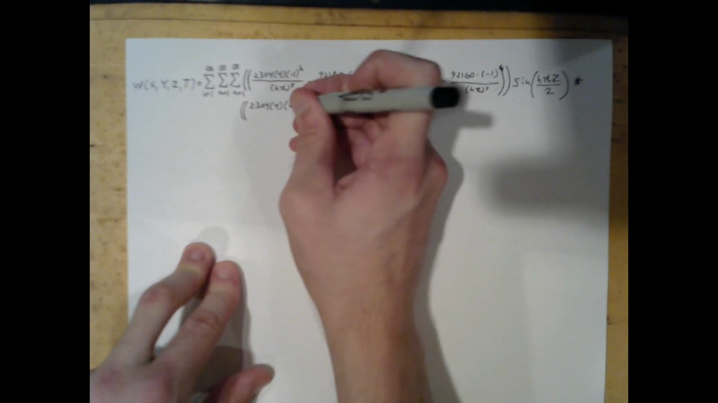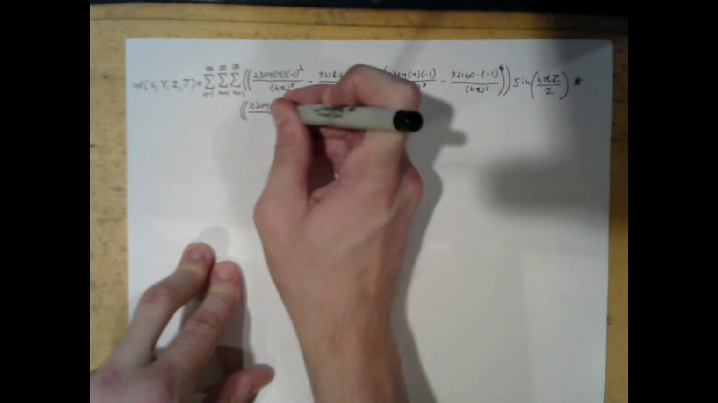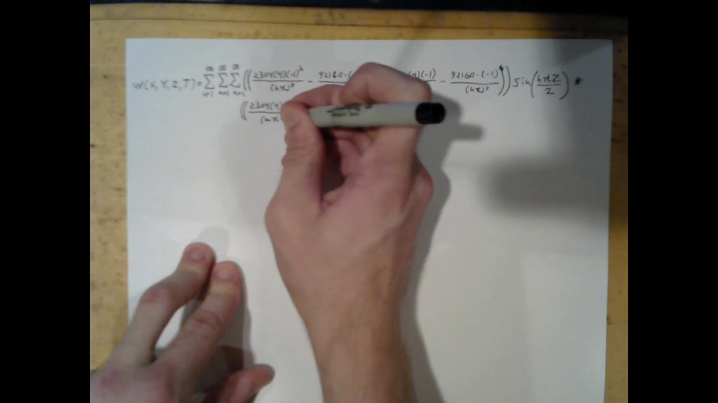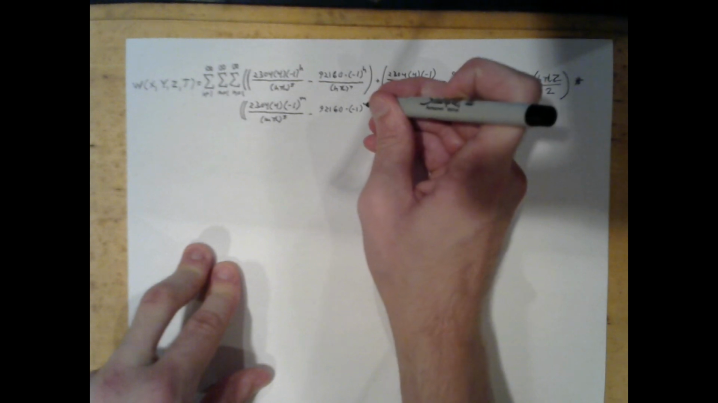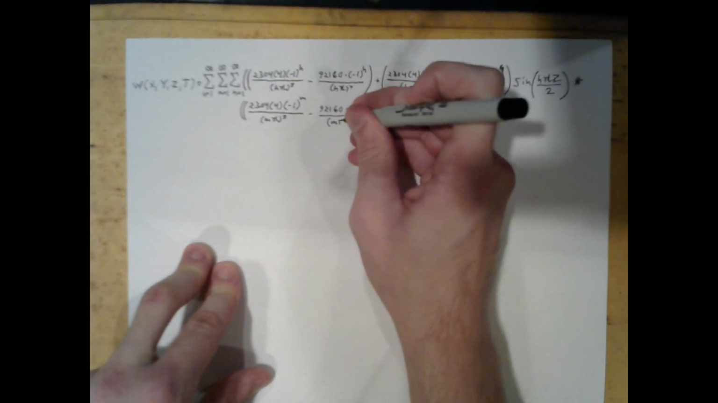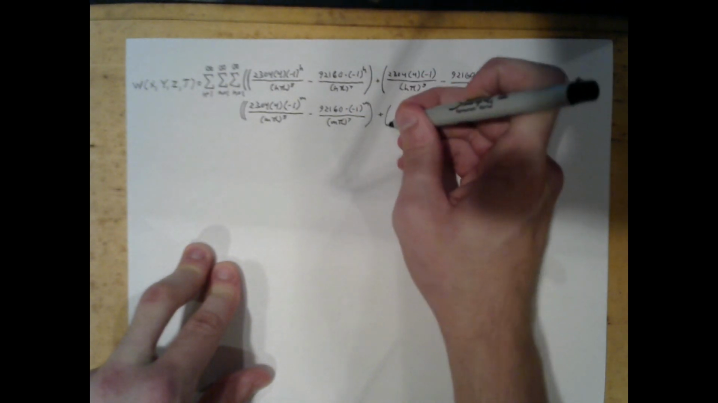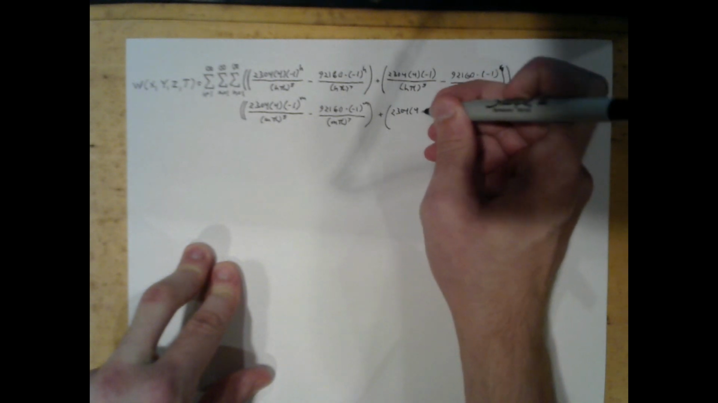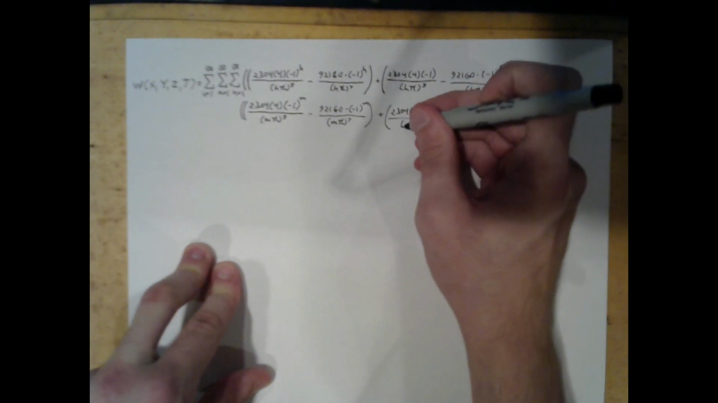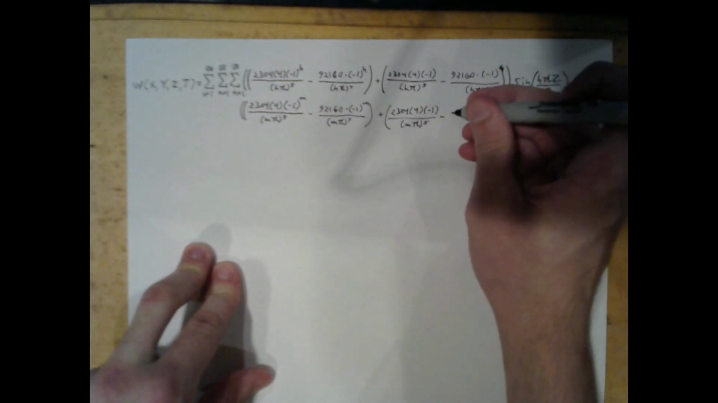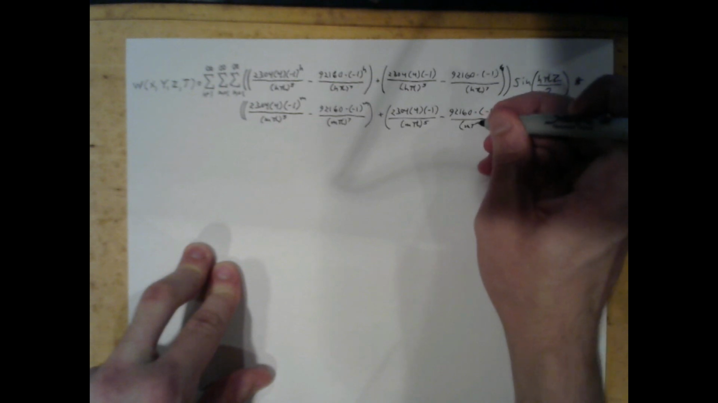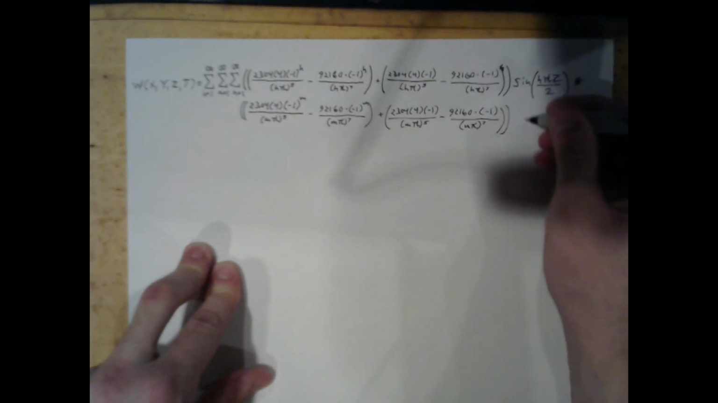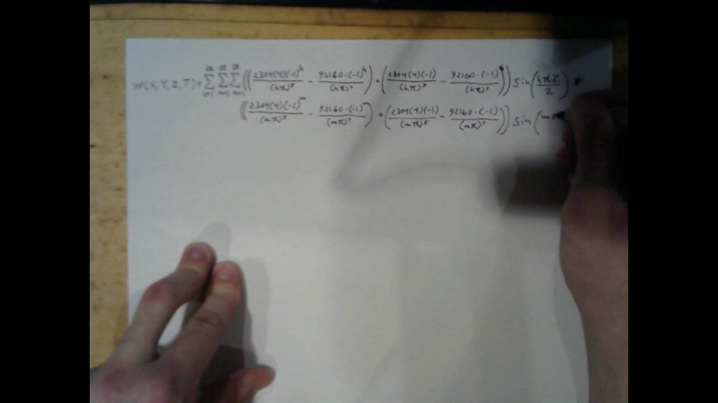2304 times 4 times negative 1 to the m over m pi to the fifth minus 92160 times negative 1 to the m over m pi to the seventh plus 2304 times 4 times negative 1 over m pi to the fifth minus 92160 times negative 1 all over m pi to the seventh, sine m pi y over 2 times